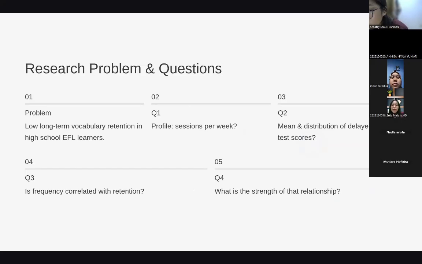The second is, what are their actual scores on a delayed vocabulary test? The third is, is there a connection or a correlation between how often they play quizzes and how high they score on the test? And the last one is, if there is a connection, exactly how strong is that relation? Next slide, please.